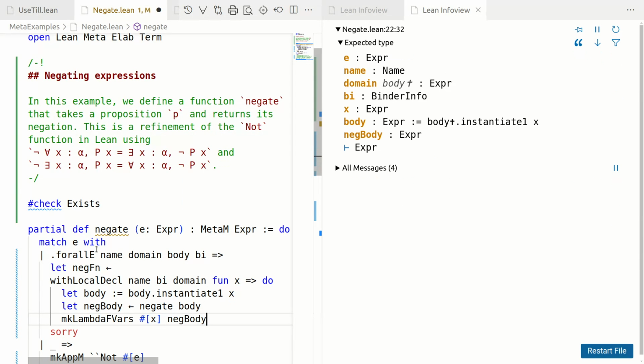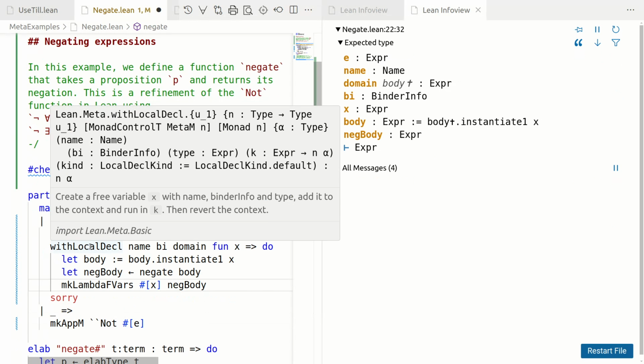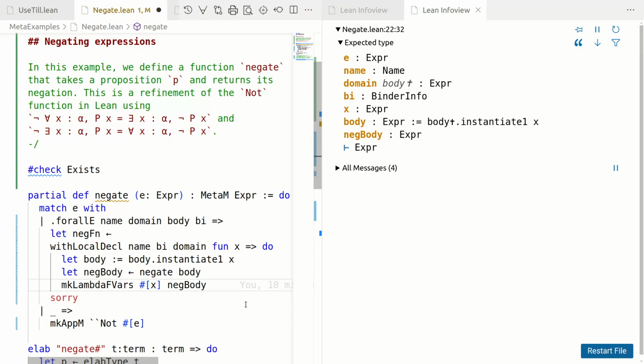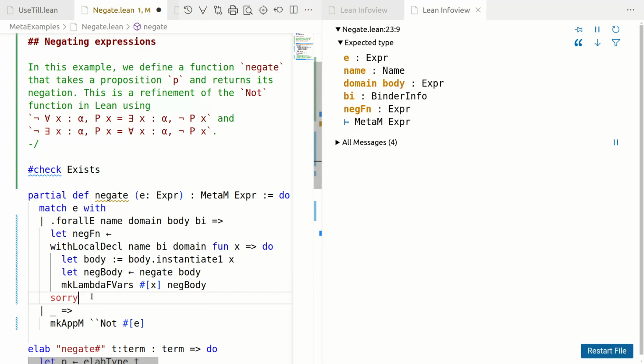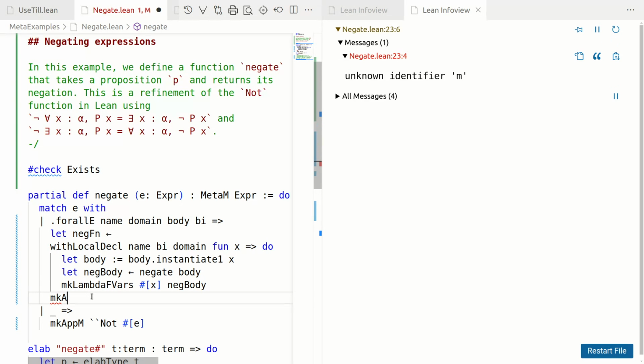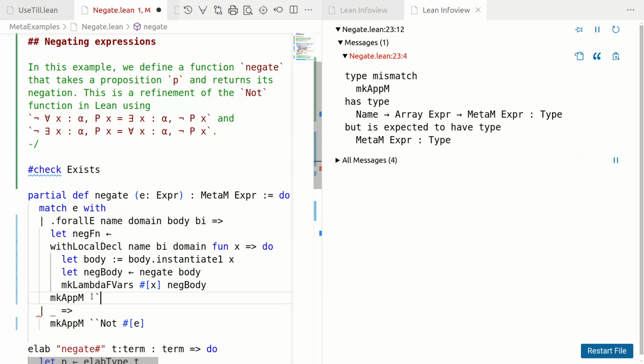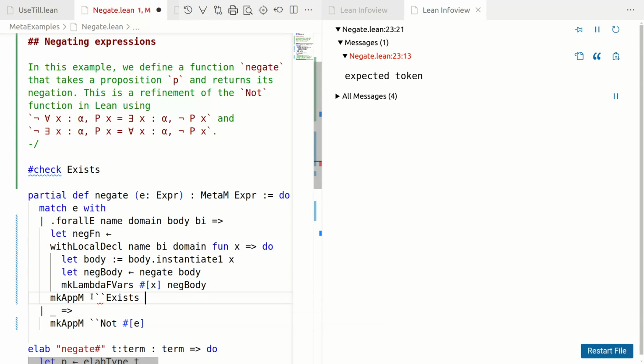Now what we have done, recall, is inside this with local declaration, we have a local declaration. That is, we are creating something like a lambda or introducing a variable. We are filling in x into the body, so that filling into the place where there was a De Bruijn index 0, which is the first variable, and negating the corresponding body after filling it in, making the lambda. So this is the function which takes x to not p of x, and what we want to return is make app exists and